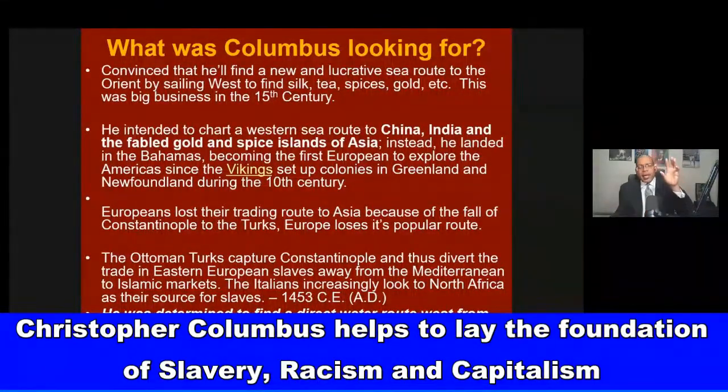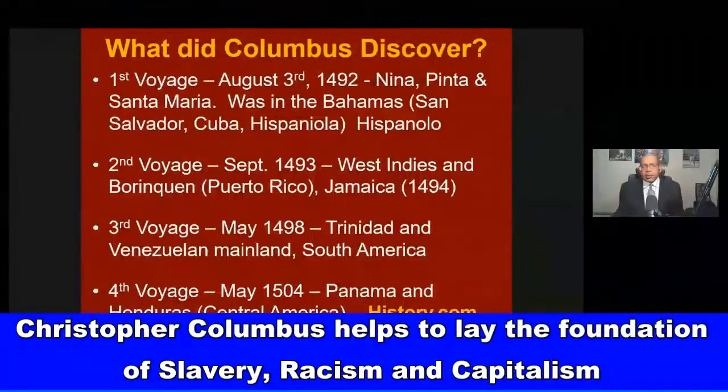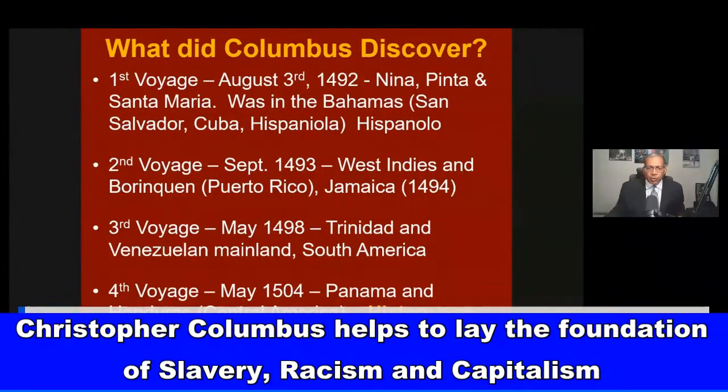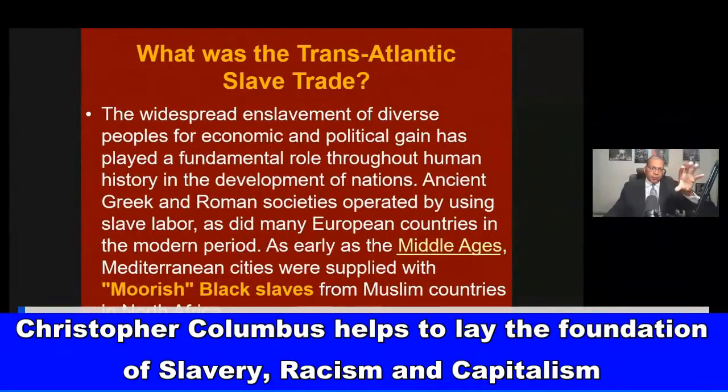Now, Columbus never found that direct water route from the west going east that he was looking for. When we look at where he goes on his 4 voyages, he never comes to the land we call the United States of America. He goes into Cuba, Haiti, Puerto Rico, Honduras, Panama, the Bahamas, Hispaniola. The western third of the island of Hispaniola is where Haiti is, etc. He never comes to the land we call the United States of America. If you go to history.com and search for Columbus, they have a good chart there. It shows you where he went on his 4 voyages.